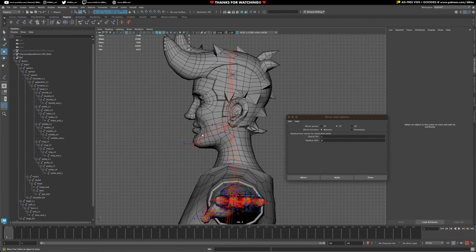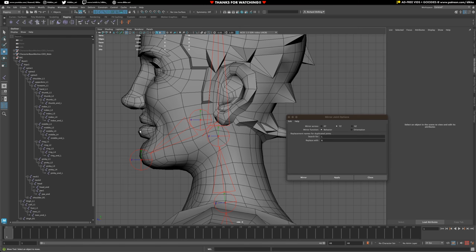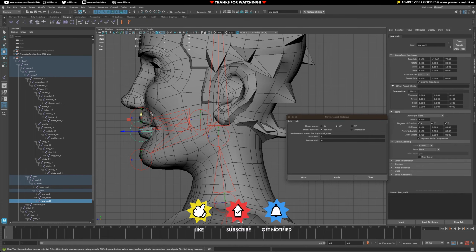Great. All right. The next one I want to do is my lip. So actually I want to have two joints, one on the top of the lip, one on the bottom lip. One joint will be a child of the head joint. One will be a child of the jaw joint. So I'm going to duplicate this one, move it over here, duplicate this one, move it over here. Now this one is already a child of the jaw, whereas this one needs to be a child of the head. So I'm going to select the head joint, push P,